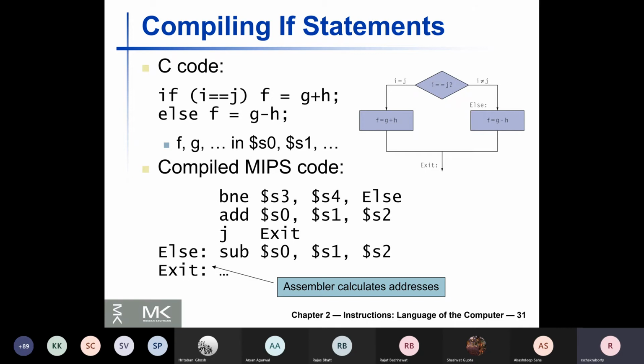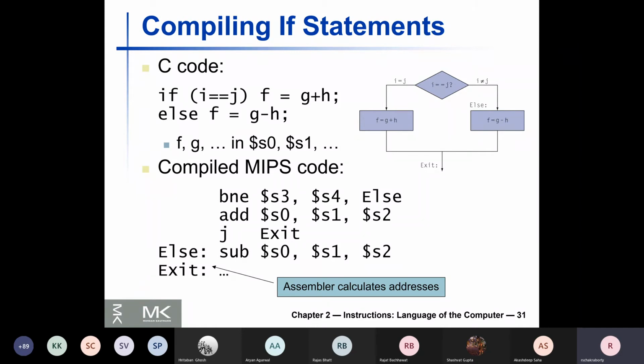How does this translate to assembly? First of all, we have to assume our variable binding to registers. Suppose the variable binding in this case, they are using all S registers. So f in S0, g in S1, h in S2, i in S3, j in S4, whatever.